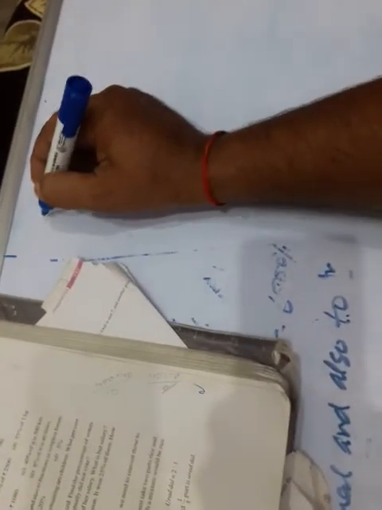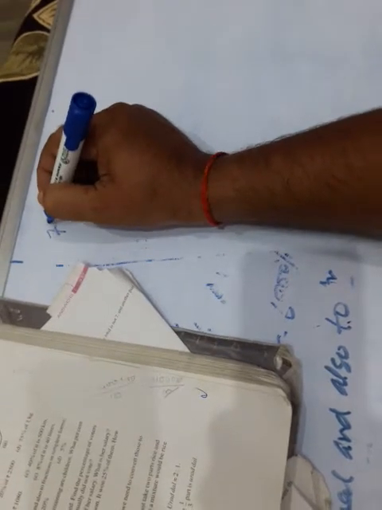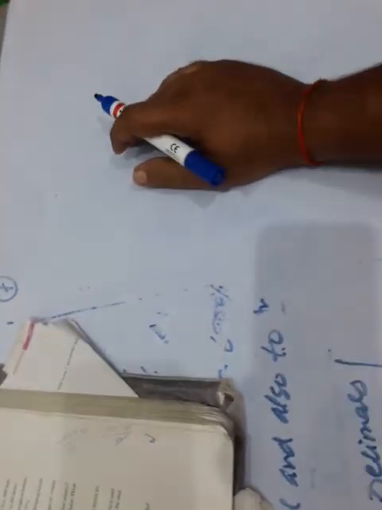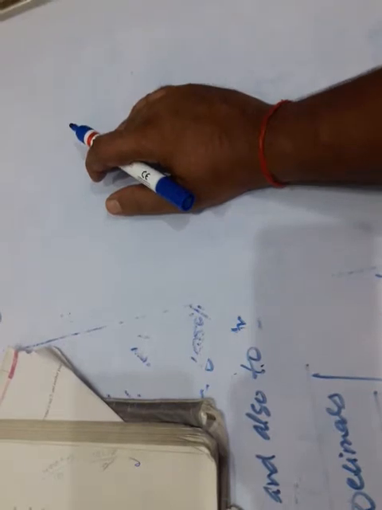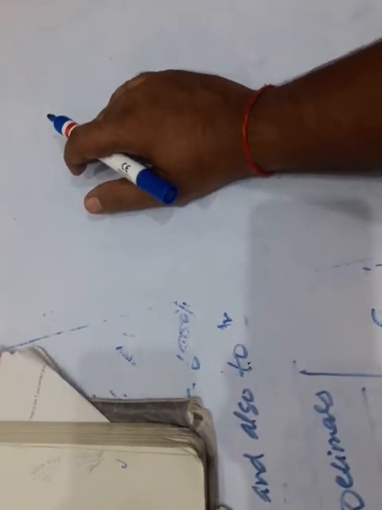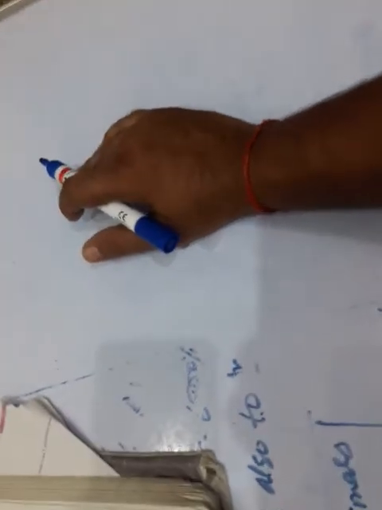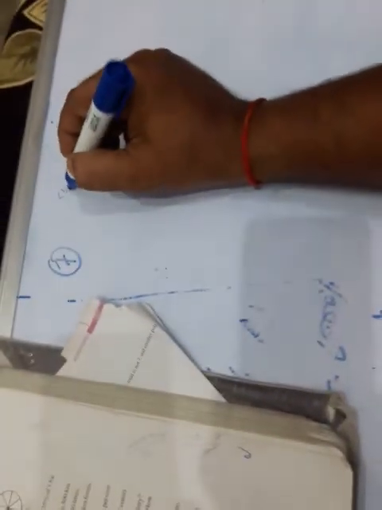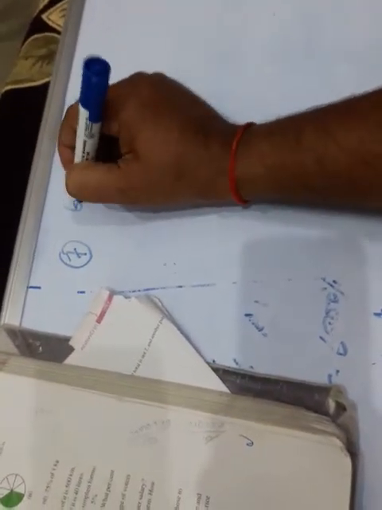See, always remember the definition of percent. Percent is a fraction when the denominator is 100. Clear? So what is the meaning of 30%? 30% means 30 out of 100. It means when the total is 100, then the considerable thing is 30. Clear? That we have taken into our account for the further purpose. Clear children? In a city, 30% are female.